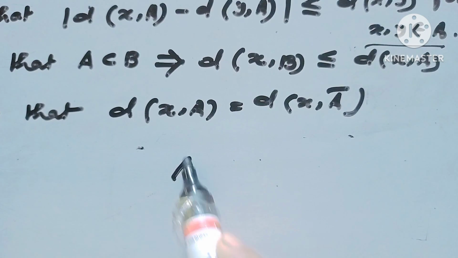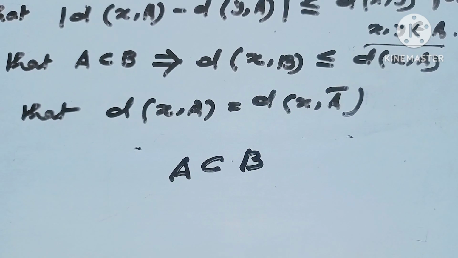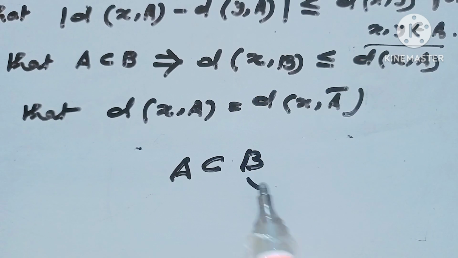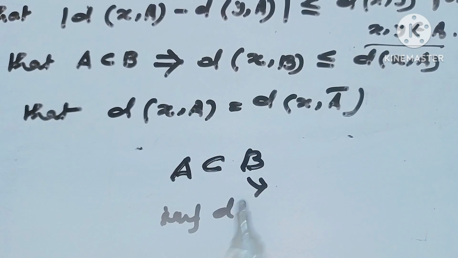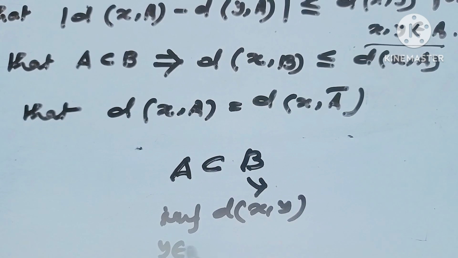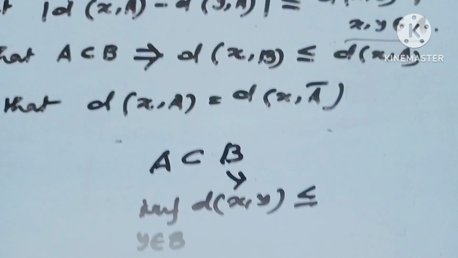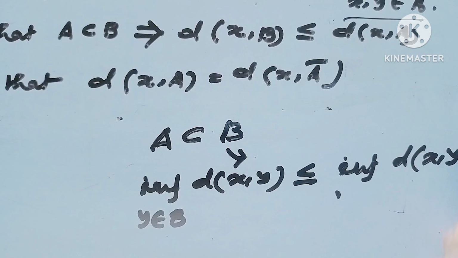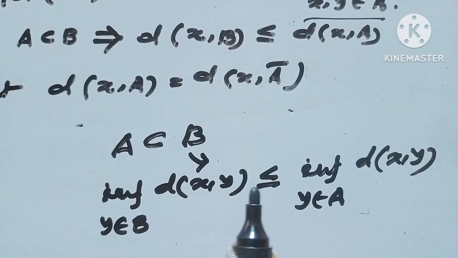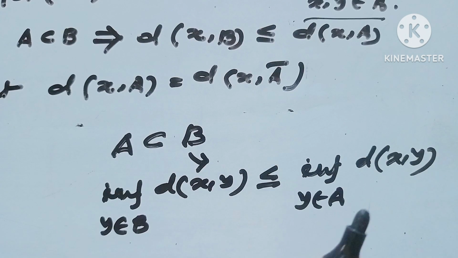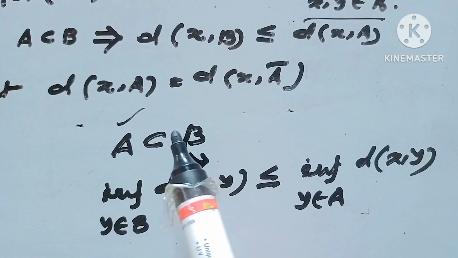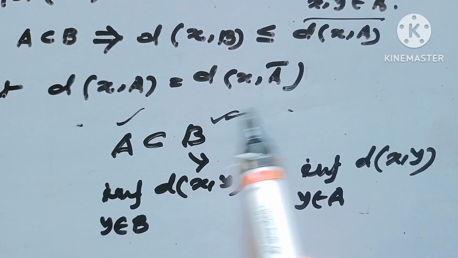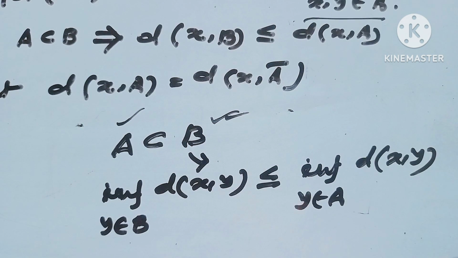Since A contains B, but since here it is the infimum distance, the infimum of d of xy where y belongs to B is always less than or equal to the infimum of d of xy where y belongs to A. When there exists a supremum distance, then A contains B means this distance would always be less than this distance. But since here it is the infimum distance, obviously